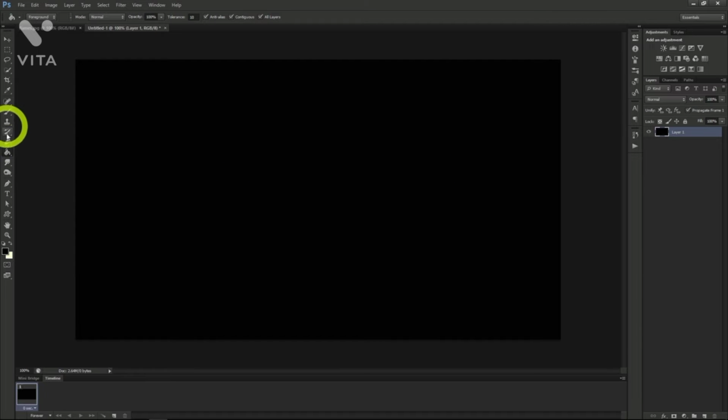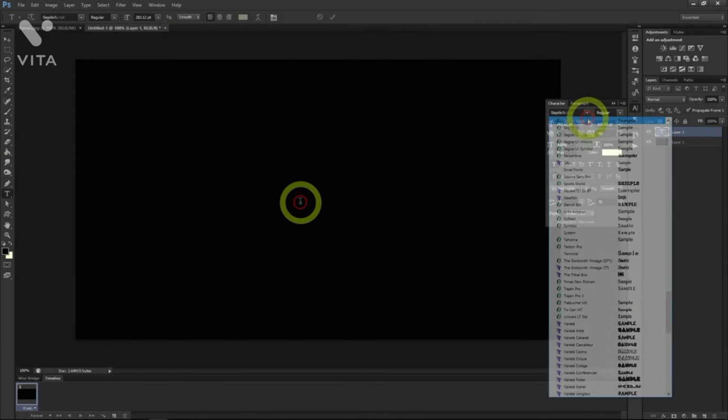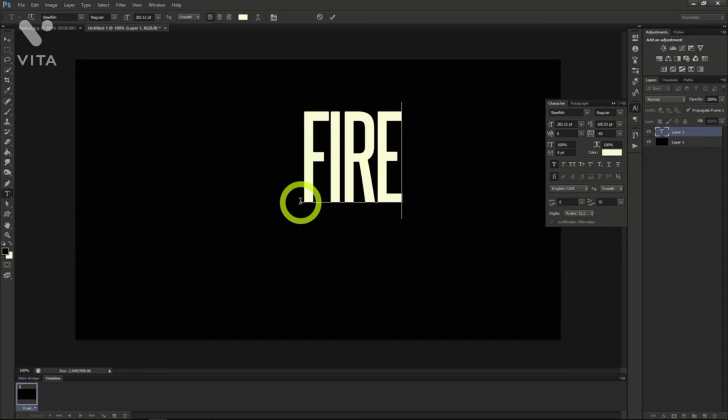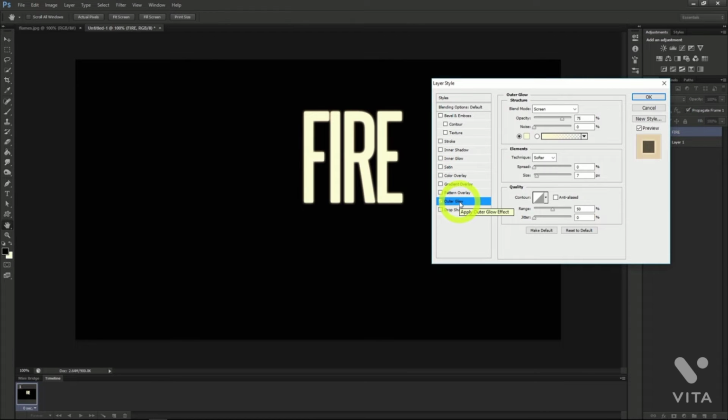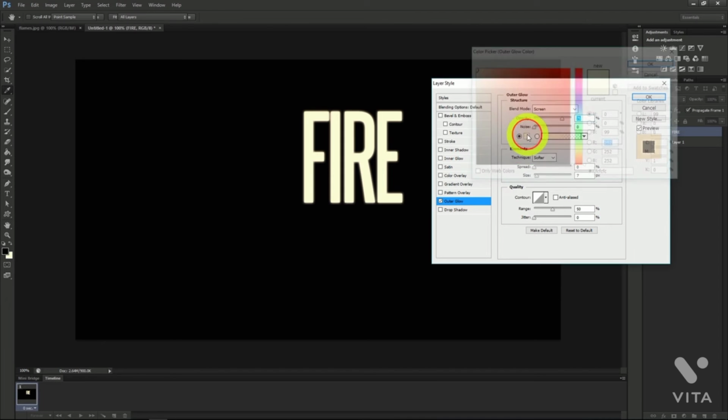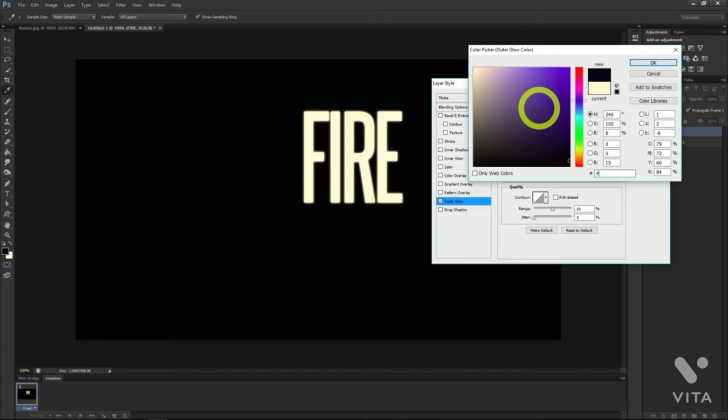Use the Text tool next, and a great tall font. I'll type the word fire here so we can see the effect on it later. Let's go to the blending options on our layer and add an outer glow. Change the color in the box here to F70300,